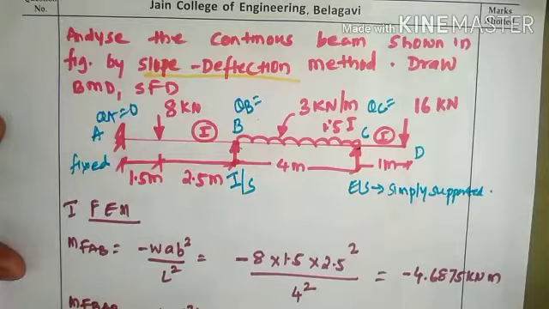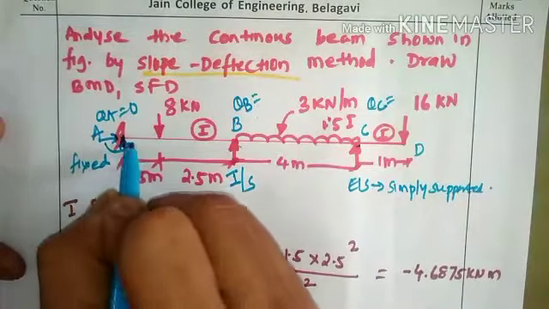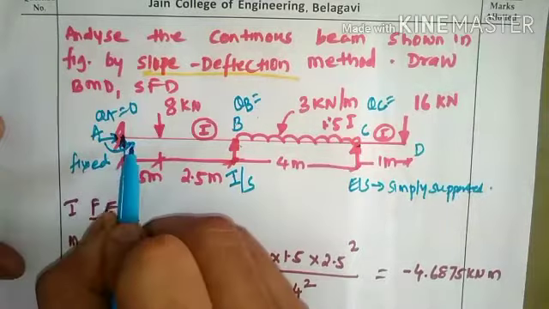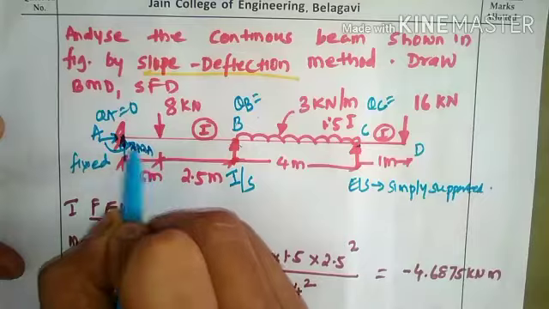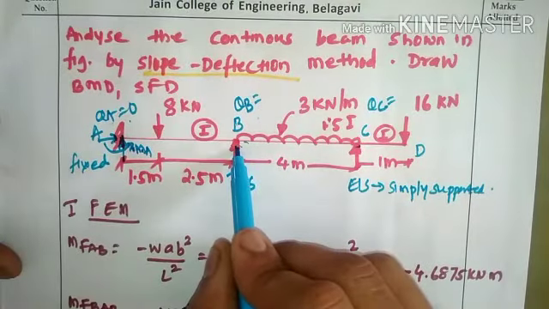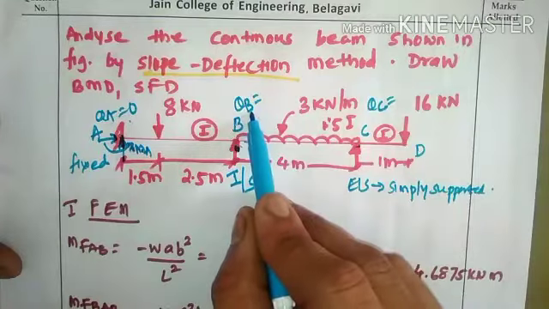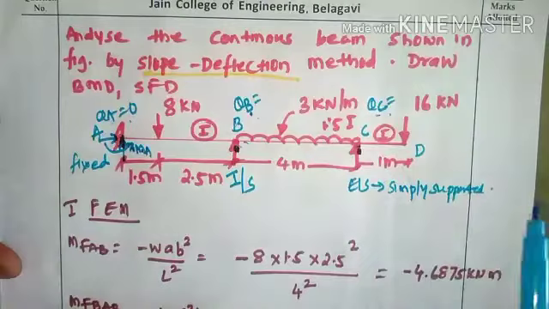It doesn't have any moment. As it is fixed, A will have three reaction components: vertical, horizontal and then the moment. Because of this particular moment that is present, that is because of the presence of MA, theta A will be 0. Since B is simply supported, moment will not be present, so theta B will come into picture. Likewise, C is also simply supported, theta C will also come into picture.